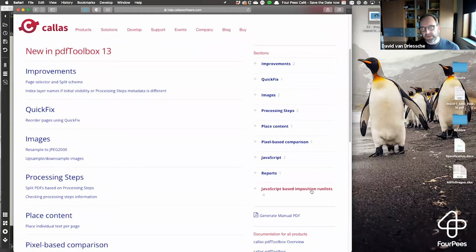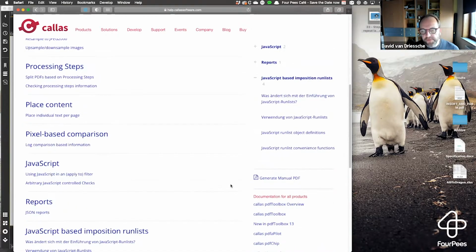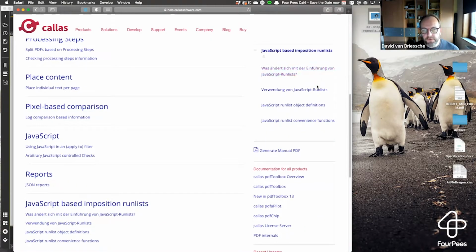What you can expect as we get to pdfToolbox 14 and so on, and no, this is not a product announcement, but as the product evolves, this will be merged in the regular pdfToolbox manual together with the rest of the imposition explanation. If you go to that, you will see 4 articles, the first 2 of which unfortunately somehow